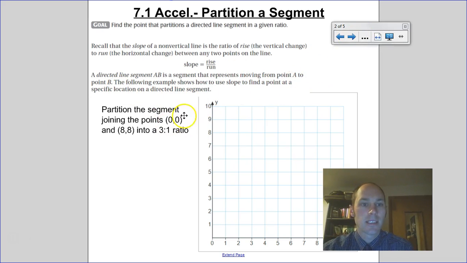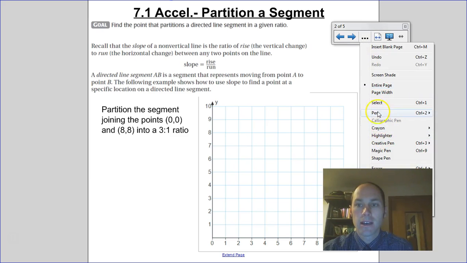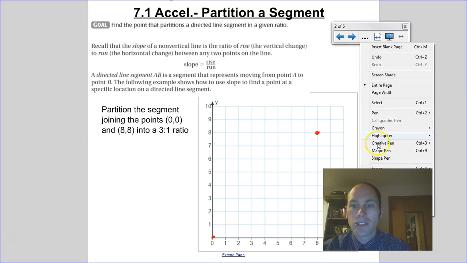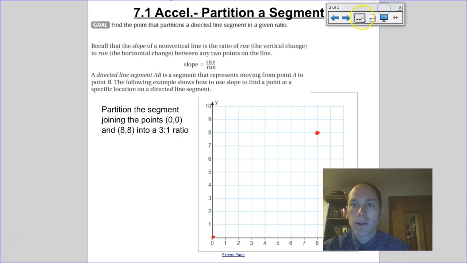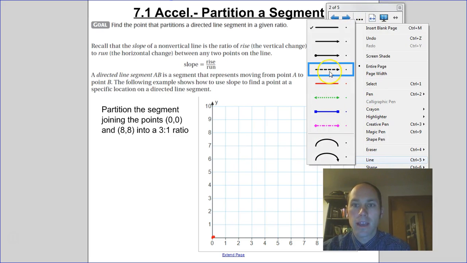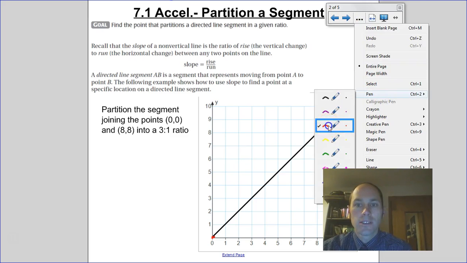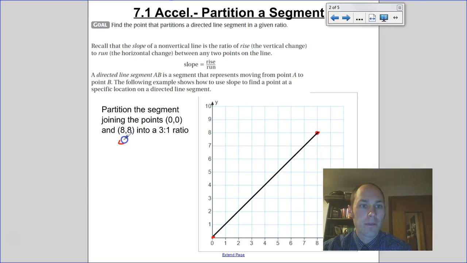So let's take a look at this example. Let's take a directed line segment that joins points from coordinates 0, 0 to 8, 8, and we want to divide that in a 3-to-1 ratio. So if we're going to do that, think, how many different parts do we need to put that into? Well, 3-to-1 is a ratio of 4 different parts. So if I want to break this into 4 equal parts,